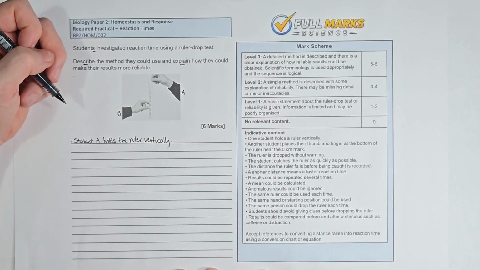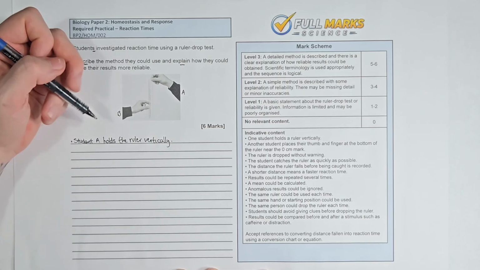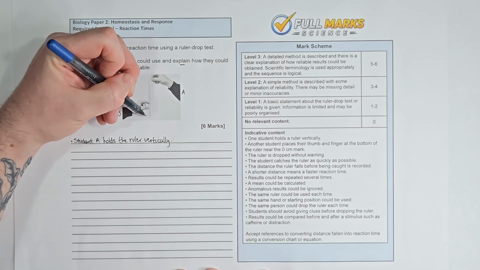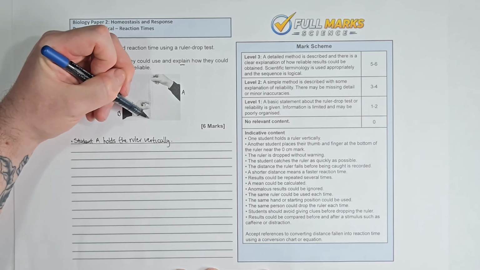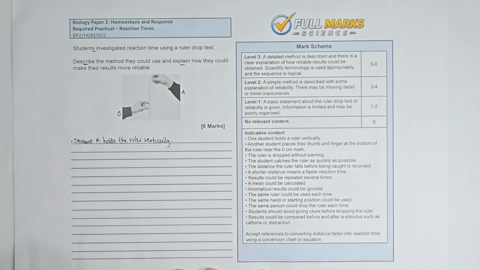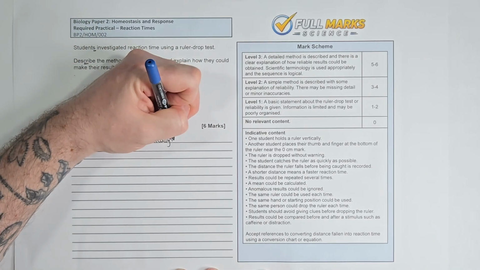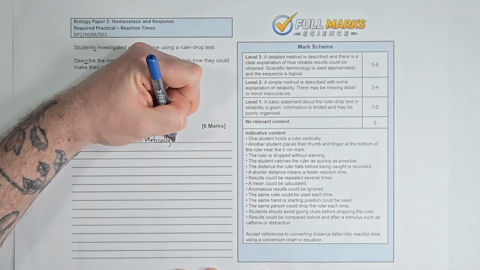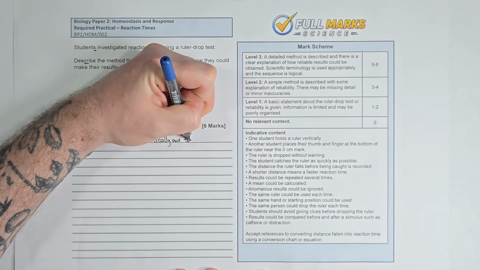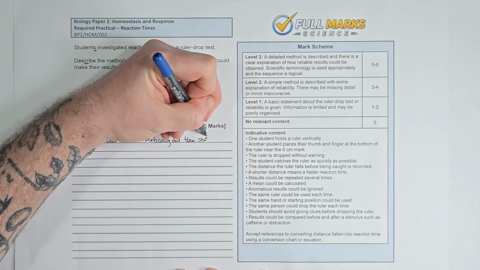And then we'll say what student B is going to do. So you can see it in the picture. I mean, the picture is slightly misleading in that they should be holding it further down here, so don't get caught out by that. Student B, so we'll say student A holds the ruler vertically, and then student B